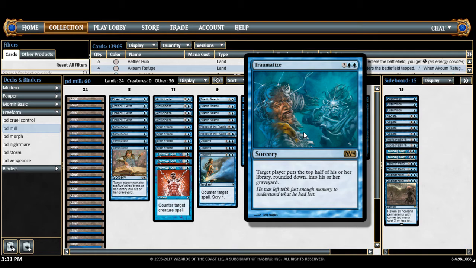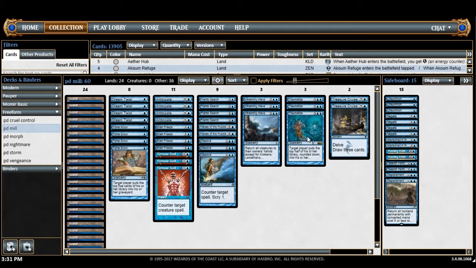And then the rest you can just finish off with a bunch of Brain Freezes once you've established a little control on the board, hopefully before they've drawn a lot of cards. So yeah, that's why Traumatize is here. There are 3 of them at 4. You do want one at some point, but after you cast the first one, the second ones get infinitely worse, because you go from, let's say they have